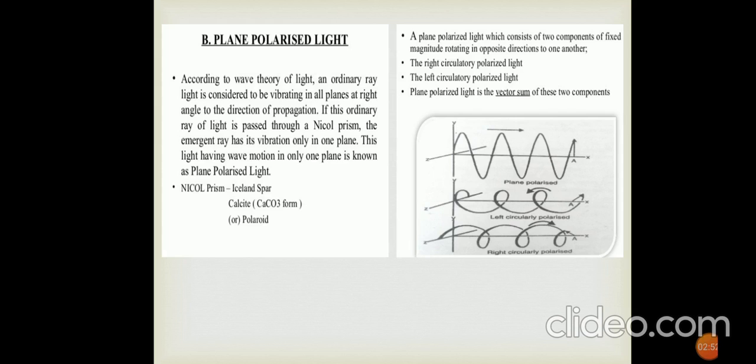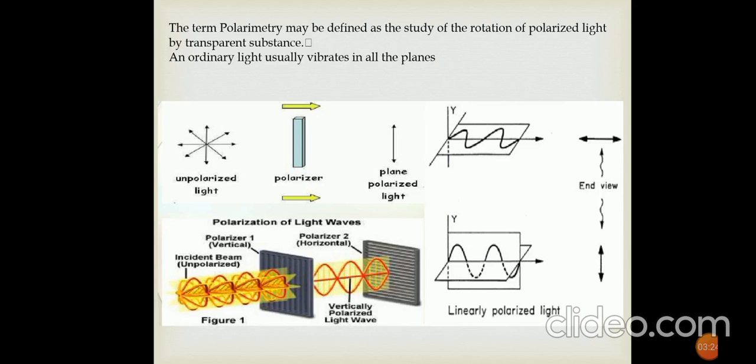Nicol prism is mainly manufactured from materials like Iceland spar, calcite and polaroid. Plane polarized light consists of two components of fixed magnitude rotating in opposite directions to one another: the right circularly polarized light and the left circularly polarized light. Plane polarized light is the vector sum of these two components, as you see here in the diagram. So the term polarimetry may be defined as the study of rotation of plane polarized light by a transparent substance, and